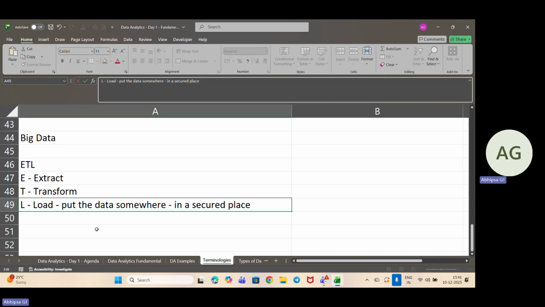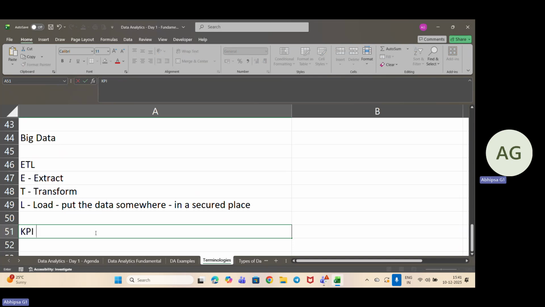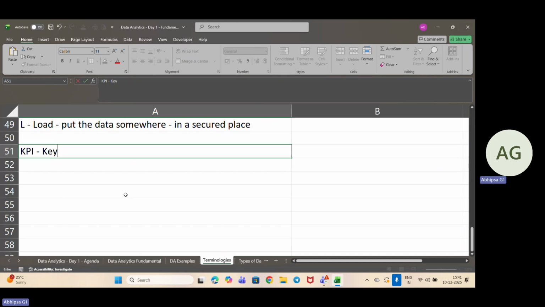Okay. So next is KPI, that is key performance indicator. Okay, what is KPI? It is key performance indicator. So why is that important? Suppose we are preparing a dashboard. There, what is the exact number of sales? What is the average number of orders that we have got? What is the average profit that we have got over the months, right? So that is actually the major point.